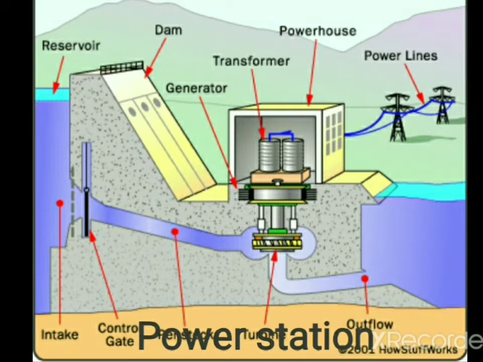The voltage generated in the power generating station is of frequency 50 hertz. In this hydroelectric power station, and in all electric power stations, the current produced is AC, alternating current, of frequency 50 hertz. So the frequency of the alternating current is fixed. It is 50 hertz. It will not change, but the voltage of 11 kilovolt, that is 11,000 volt,